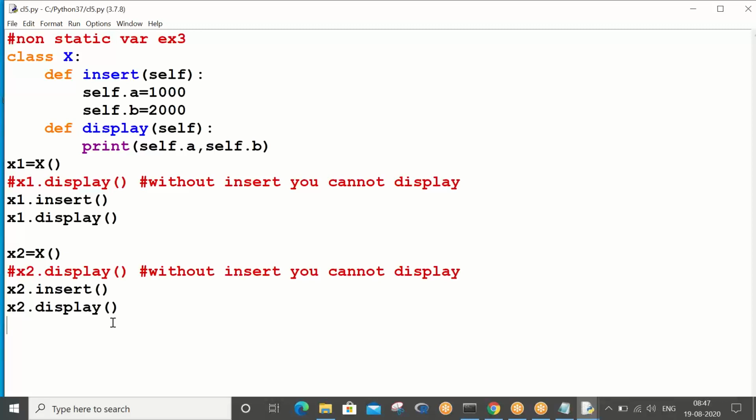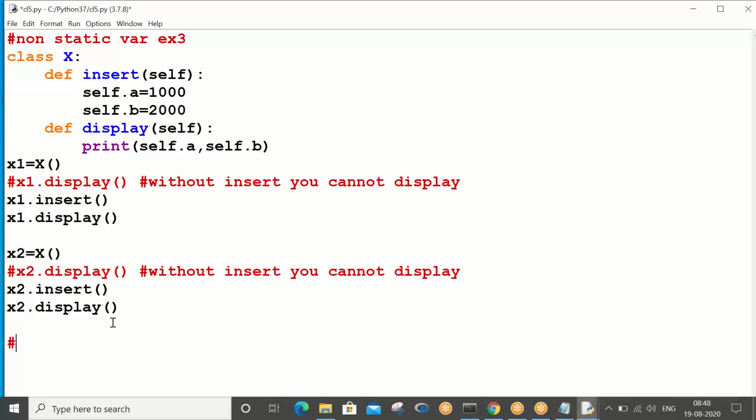How to automate this? Sir, can't I use any other methodology, without calling the insert method? Automatically my data should go and sit in the object. So what is that concept? You got the problem of this concept?